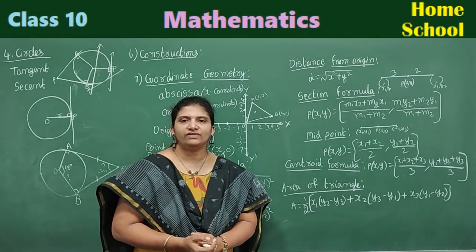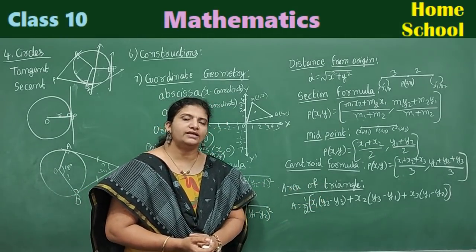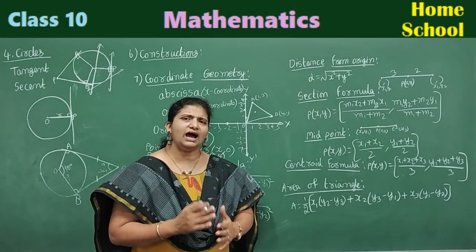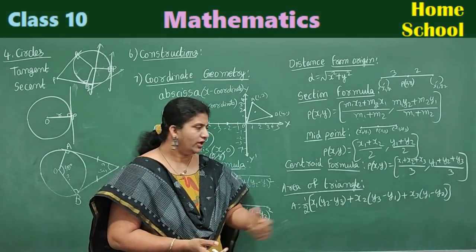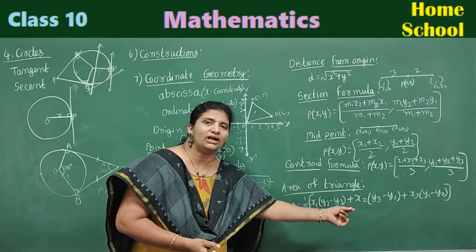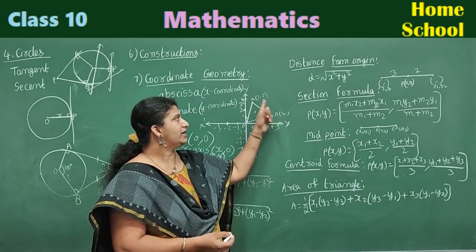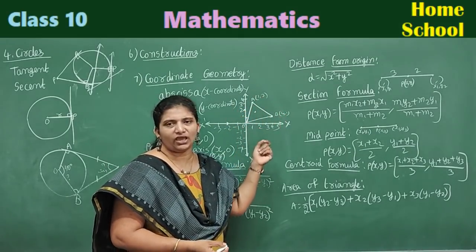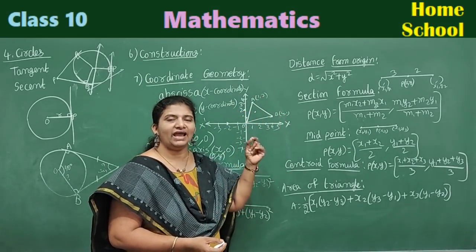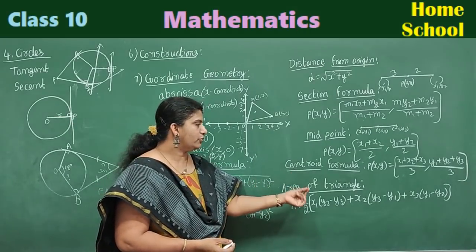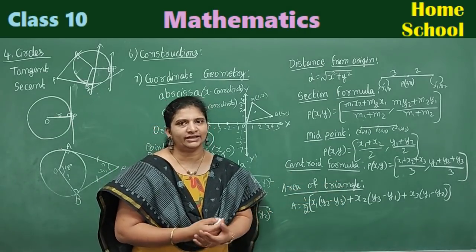Next type of question will be, if 3 coordinates are collinear. If they are collinear, what you need to do? Area of a triangle is equal to 0. Instead of any one coordinate, it may be missing and they may give you k or p or any letter. That value you need to calculate means you equate this to 0, you are going to get the answer.